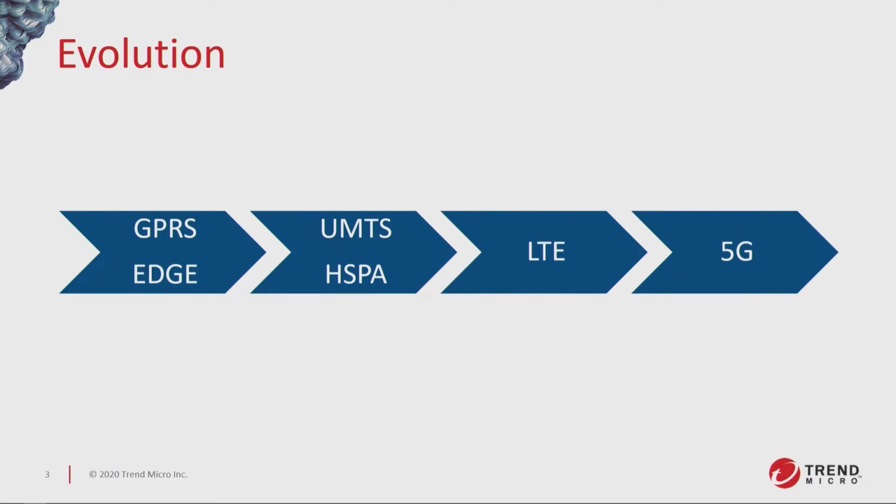There are still some 2G and 3G available around the world, but that's being gotten rid of. And 3G, for the most part, has pretty much gone. There is still some 2G in Europe and certain areas that still exists for backwards compatibility reasons. So looking at LTE and 5G, we wanted to see what kind of private or campus networks are available, and what we can do on those networks.